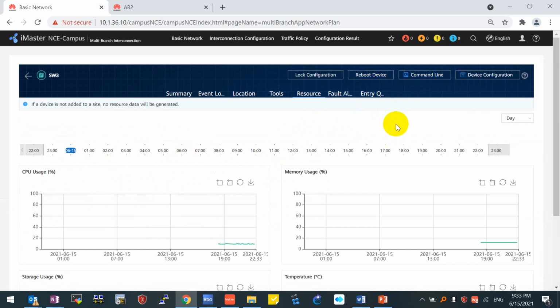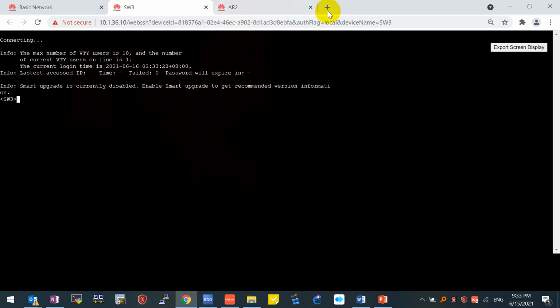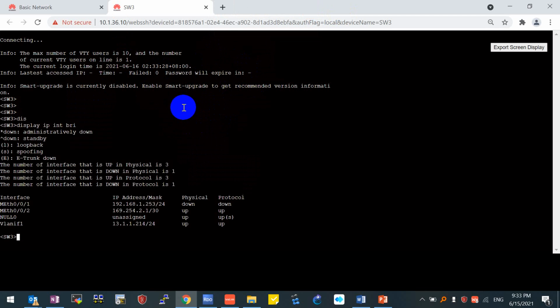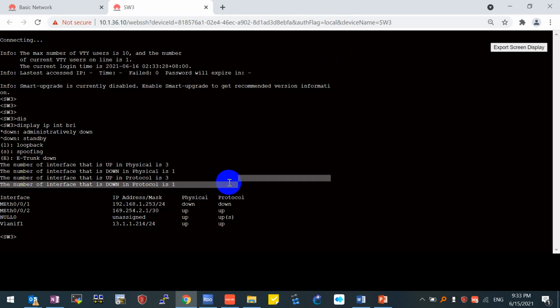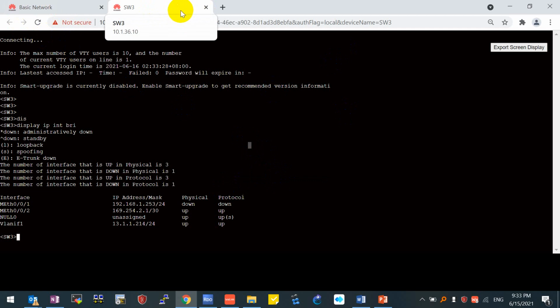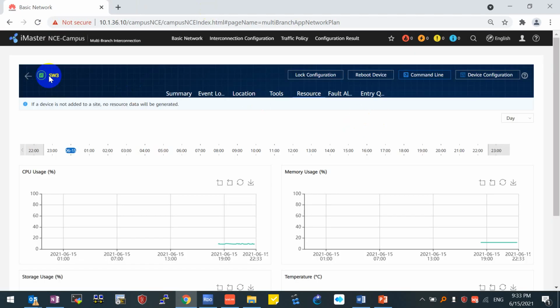And if you want to check the command line prompt, you don't have to log in to the device locally. You can just click the command line from the browser. So you will get a pop-up screen. Okay, just wait a second. Actually, we already opened the access router too, and for SW3, for example, I can check display IP interface brief, same as the local telnet too. There's no difference from accessing through the browser. Let me just close this one and go back